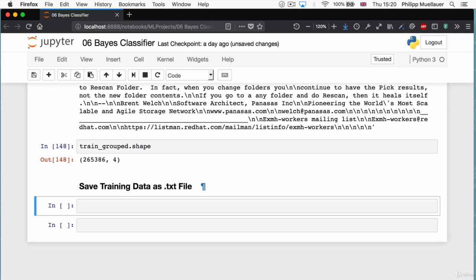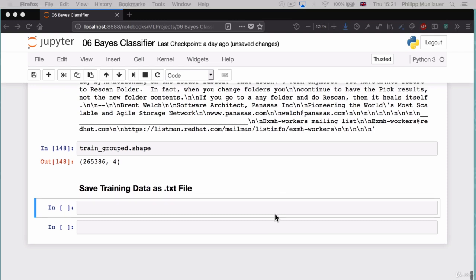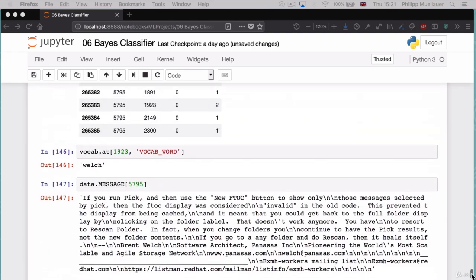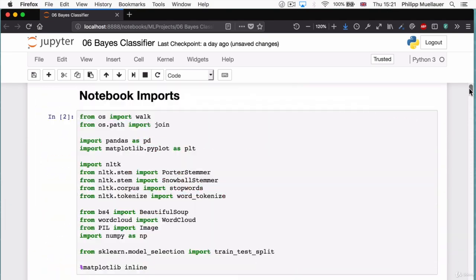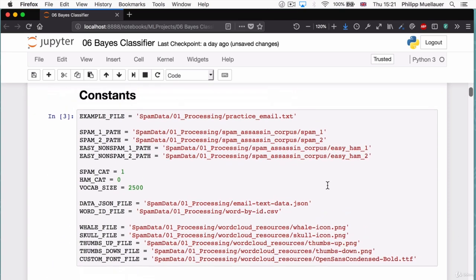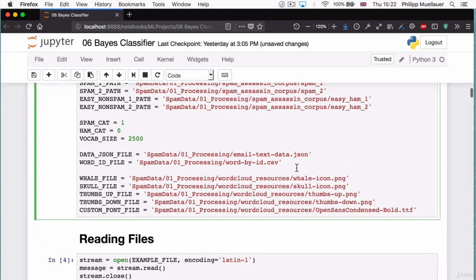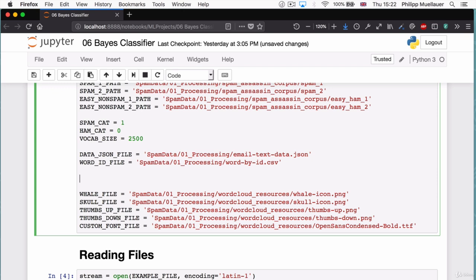And for this, we're going to use NumPy's functionality. But before we do that, we're going to need a relative file path at the top of our notebook. That way, it sits nicely with its friends. Now I'm planning to save this file in a slightly different folder, right? But first, let's give it a name. I'm going to call it training_data_file. And I'll set that equal to SPAM_DATA